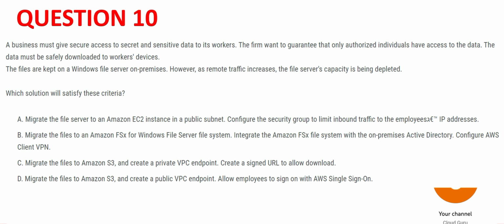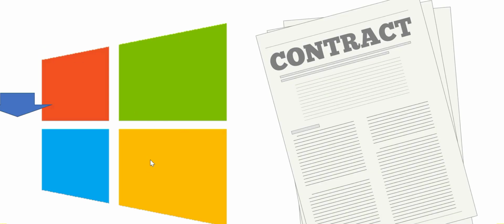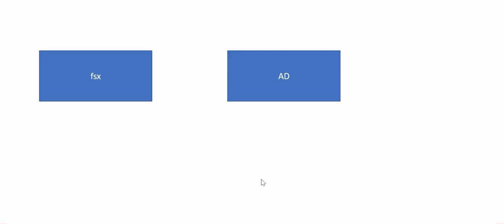Now let's look at B. It says you use FSx and integrate it with AD. What AD will do is workers will have their own username and password. Using that only they can access this FSx. Since the existing system was on Windows, it's a Windows file server. So FSx for Windows makes sense. See, FSx alone is for Linux, but FSx for Windows is for Windows. It makes sense. But this is a normal mechanism. Any data you will access is through AD. This is secret and confidential data. You will have to do something extra. So B is wrong.